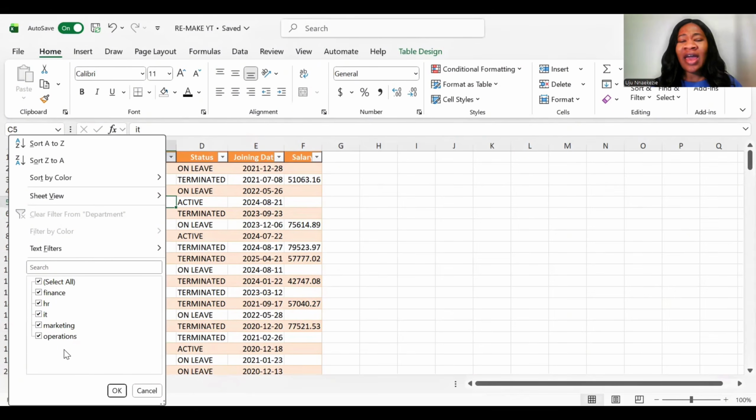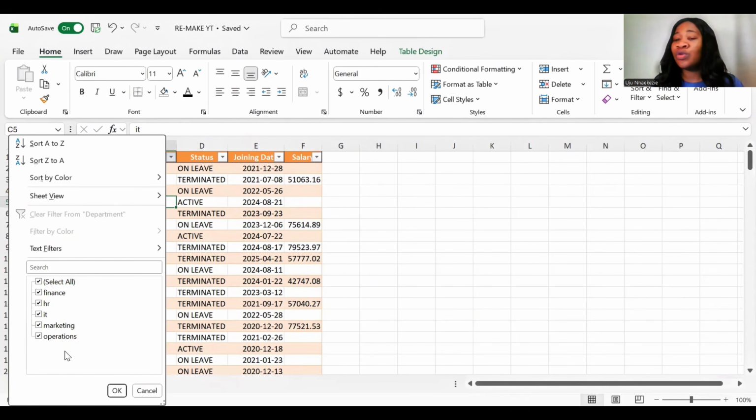Because I have been teaching case function and the only thing I do is equals to proper. If I do proper, won't it populate everything? Absolutely, it's going to populate everything. So how are we going to ensure that while we are writing our formula, we want the exception of HR and IT? That is where